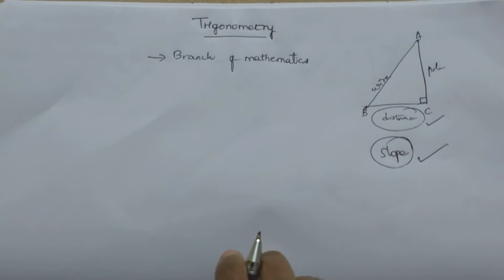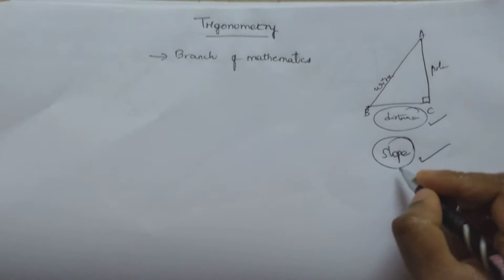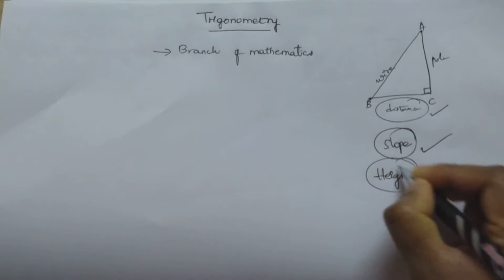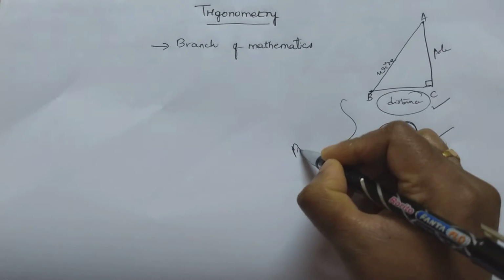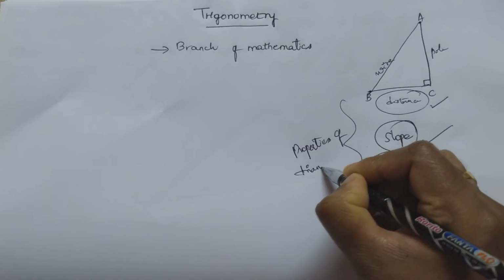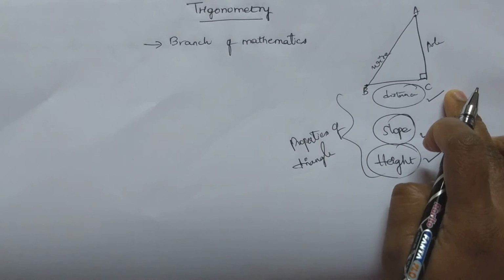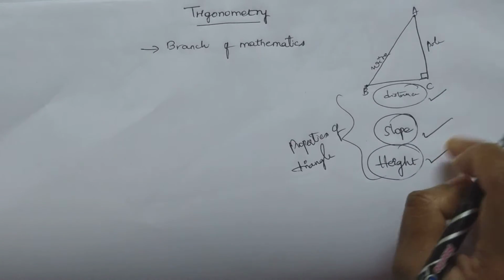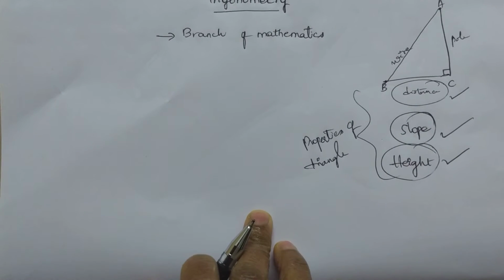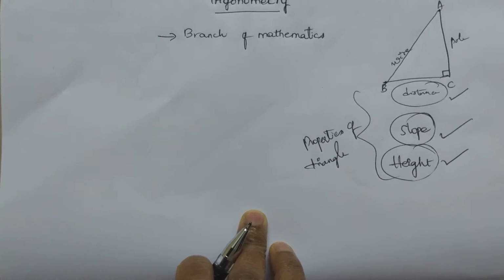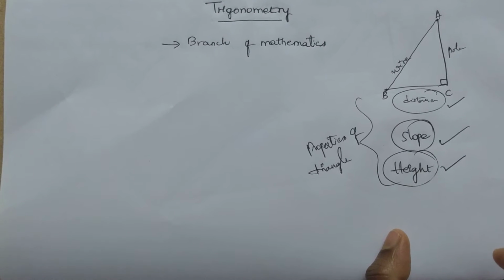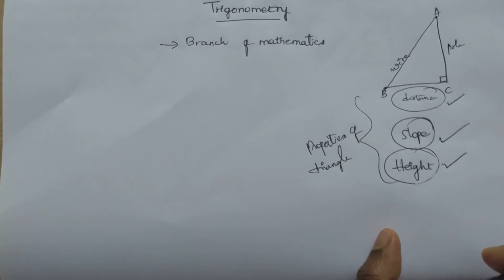We can find the slope of the triangle, and the distance also we have found out till now. The height of the pole they didn't give as a measurement, so we found it using the properties of triangles. We have found out distances, slope, height, everything till now using the properties of triangles. In trigonometry also we are going to find them, but in a different way. Clear? So let us see a few examples of how we apply trigonometry in our day-to-day life.